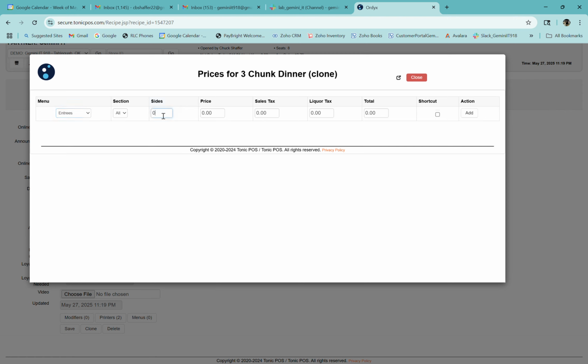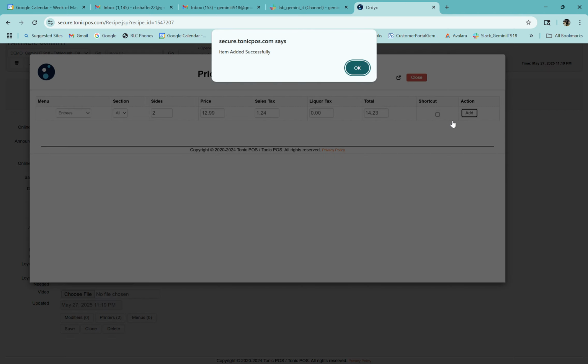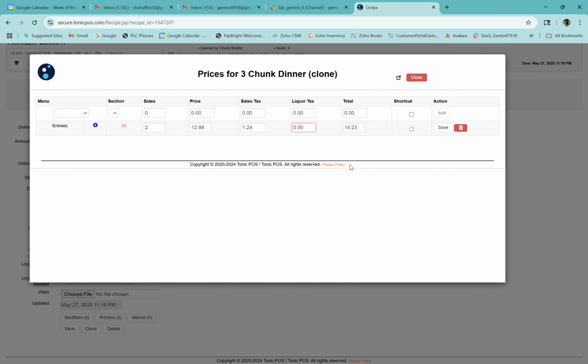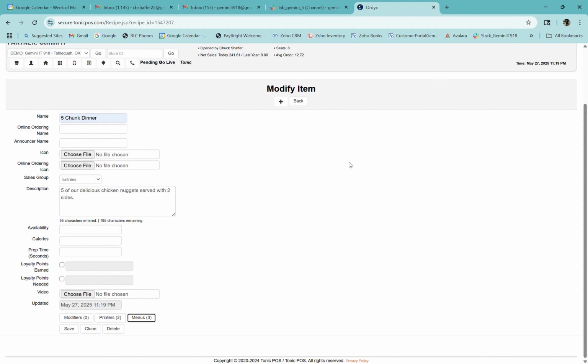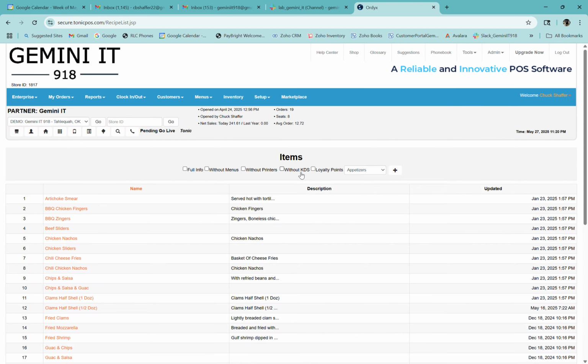I'm going to tell it that it has 2 sides. And I'm going to tell it its price is, let's say, $12.99. It does charge regular sales tax. We're going to put 0 in there for liquor tax, and we'll select add. So now, I hit save, so I'm going to hit close, and I'm going to go back, and we'll